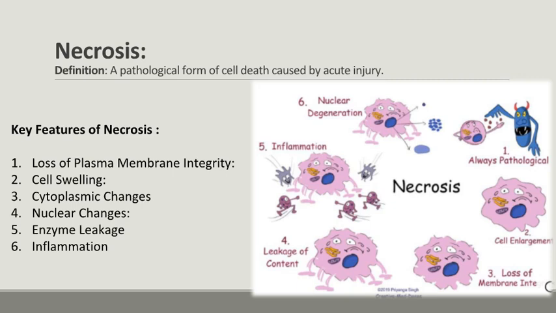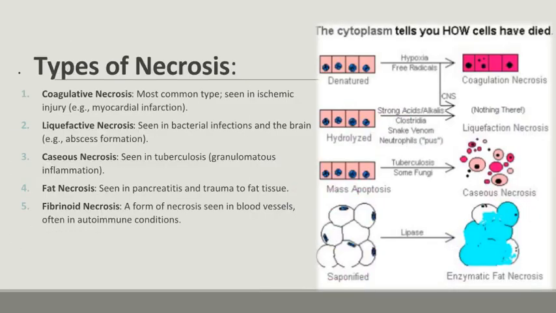These features collectively define necrosis as a pathological process that causes widespread tissue damage and inflammation. Types of necrosis. Coagulative necrosis. Seen in ischemic injuries, like myocardial infarction, where tissue retains its structure but cell death occurs. Liquefactive necrosis. Occurs in tissues like the brain and in abscesses, where cells are digested and transformed into a liquid